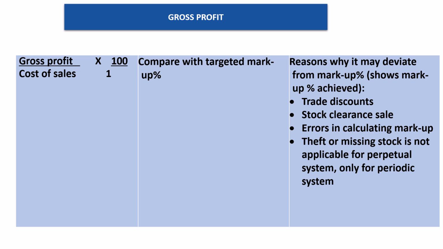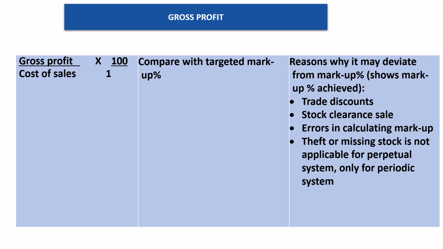The next one is your gross profit. Now your gross profit, that's your markup percentage that you add to all your stock that you buy. So if you buy something and your markup percentage is 50%, then you add 50% to that cost price and then you get your selling price. So your gross profit percentage, or your gross profit on cost of sales, is supposed to be the same as the markup percentage that you've decided on upfront, before your sales.